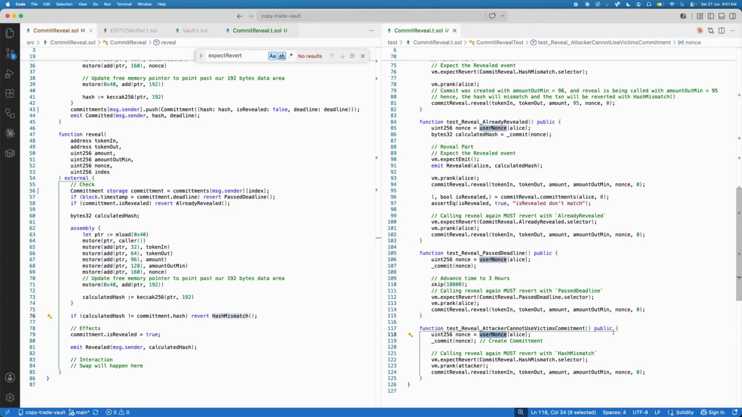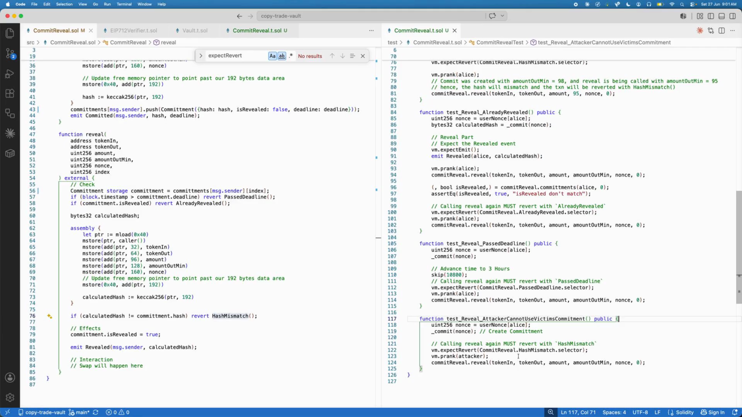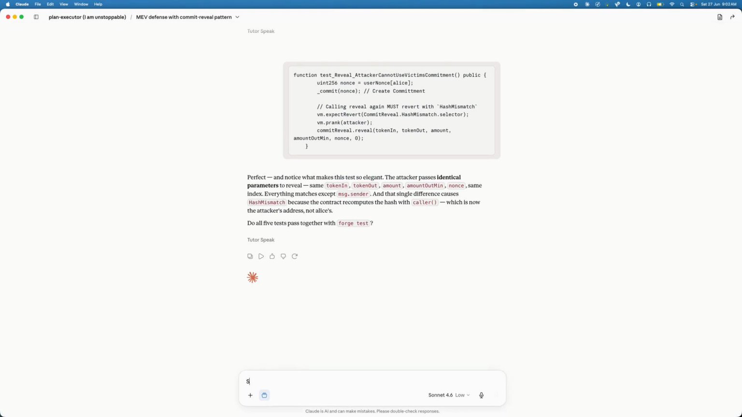So here you're calling nonce. Create commitment, CommitReveal.hash mismatch selector, attacker. Then call the reveal with nonce 0. Strange. The last test is really with